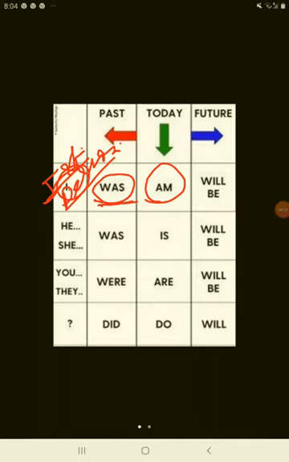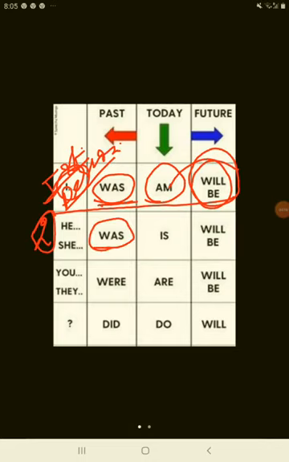Now future is what is going to happen. So you're forecasting for the future. This is I will be reading a book. Okay. This is how the first person goes. First person is always for self. But when you go on to the second person, he, she, or it, if it's an inanimate object or whatever, then how are we going to address the tenses here? It would be he was